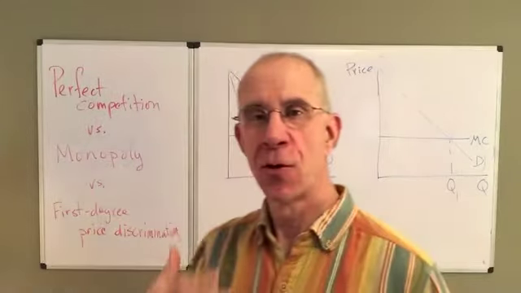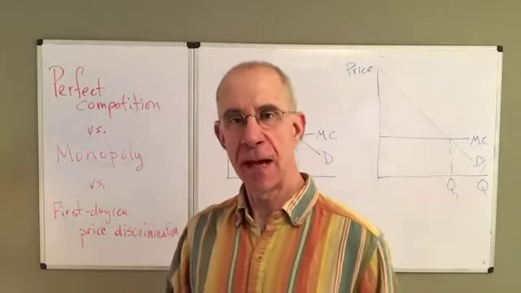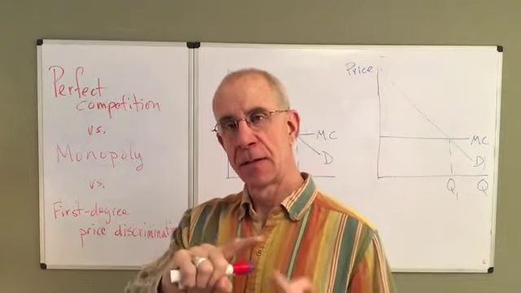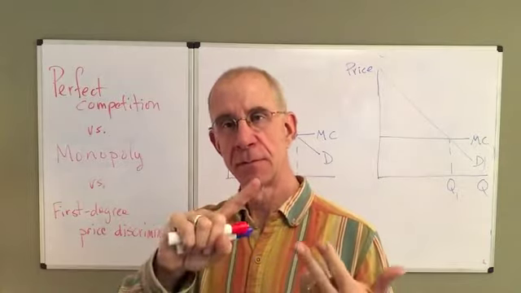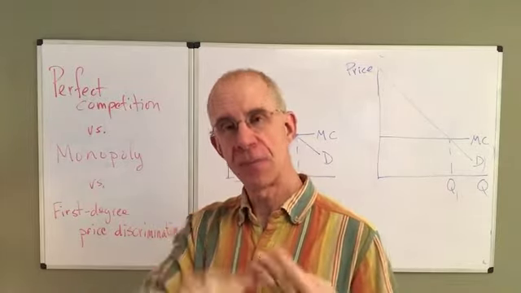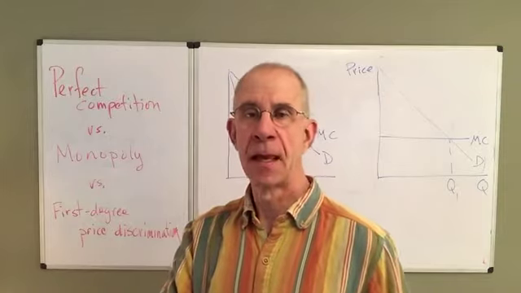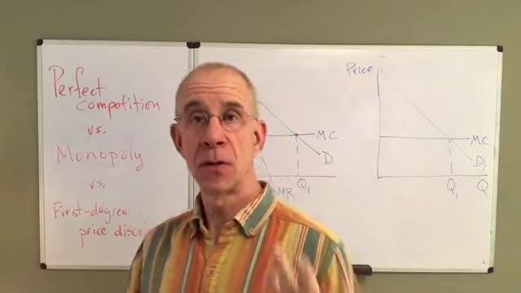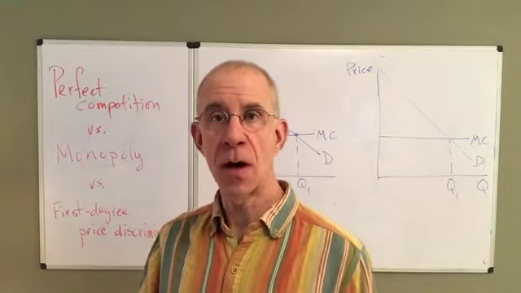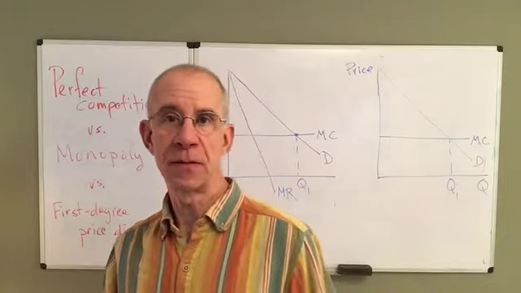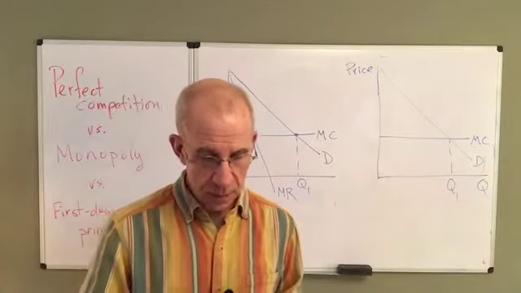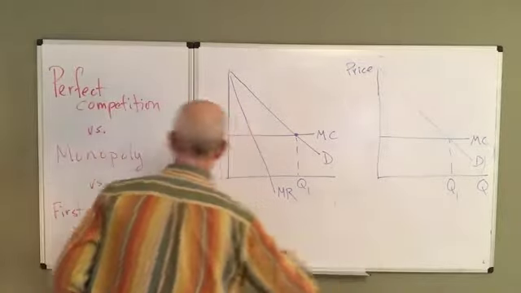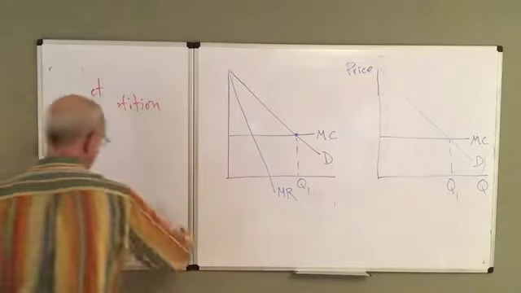I want to compare three different outcomes that we have now introduced in these lectures. And that is perfect competition, kind of standard monopoly, and first degree price discrimination. And I want to focus on the impact on consumer surplus and deadweight loss in each one of these outcomes. So again, we'll look at each one of these in turn,